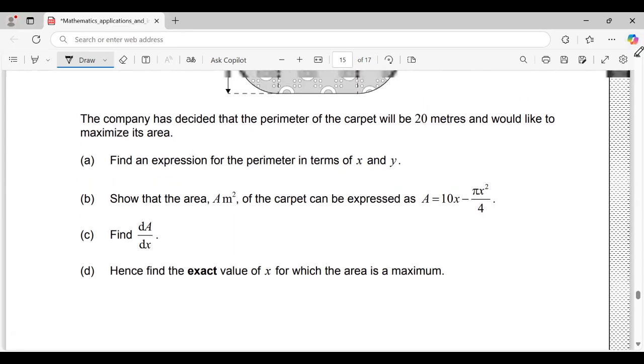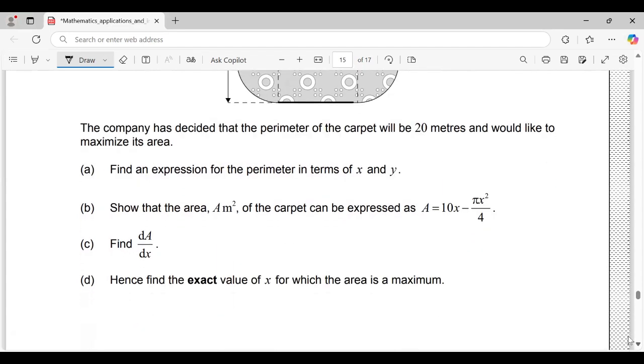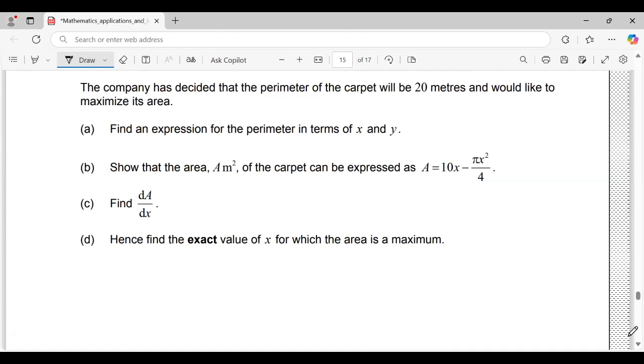So the perimeter will be, this is y and as well this is y. So y plus y is 2y. So perimeter equals 2y